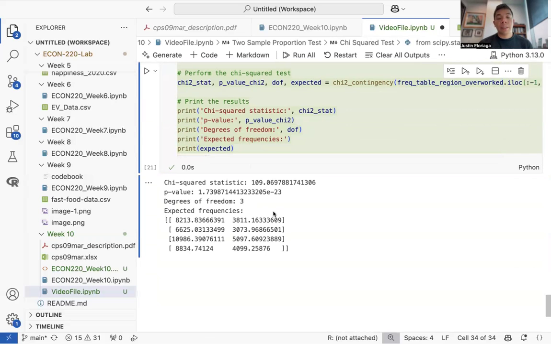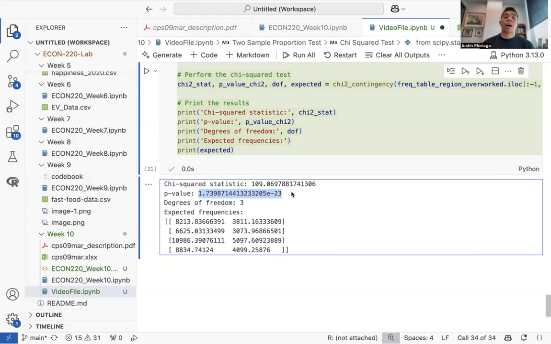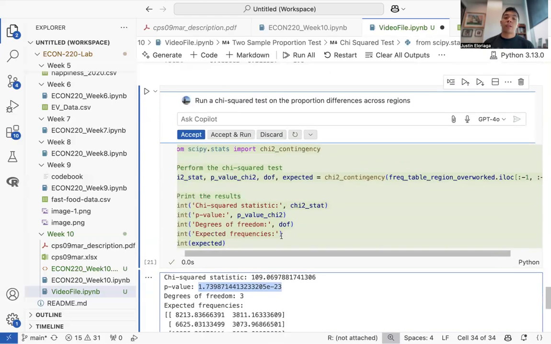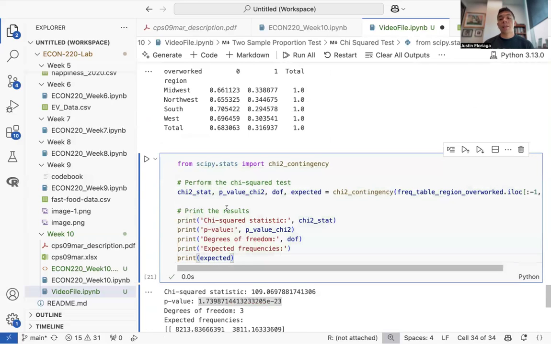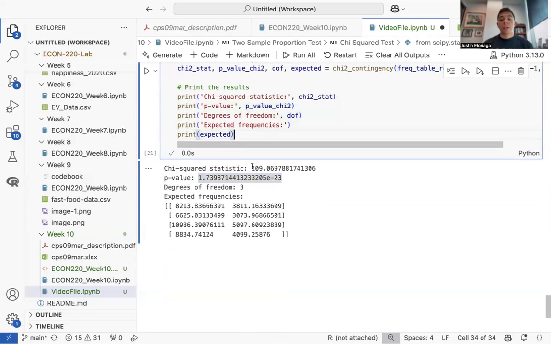And we see indeed a very, very low p-value. So in this case, we find that there is a statistically significant difference across these regions. We conclude that there's sufficient evidence to say that the proportion of people overworked does vary across regions. So that's it for the